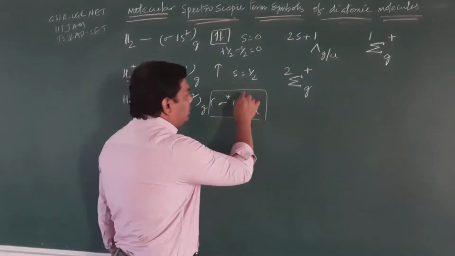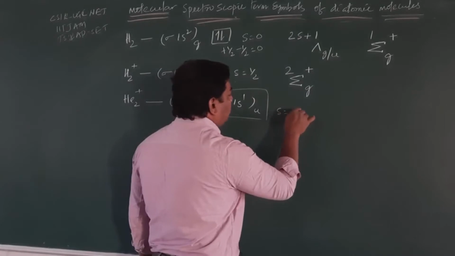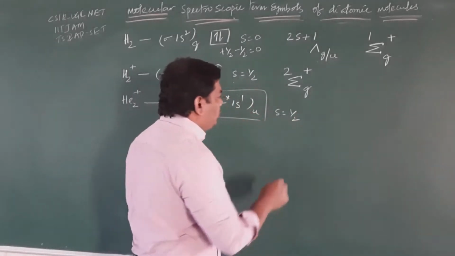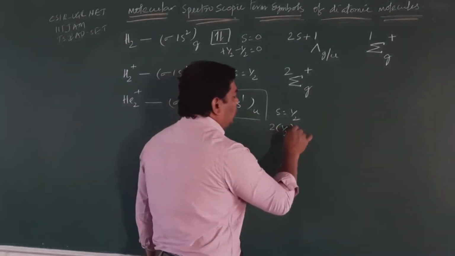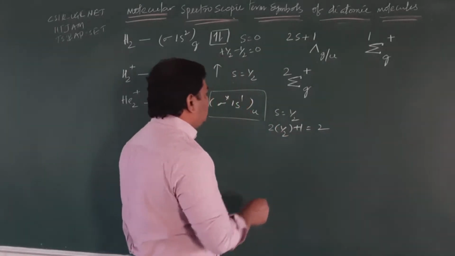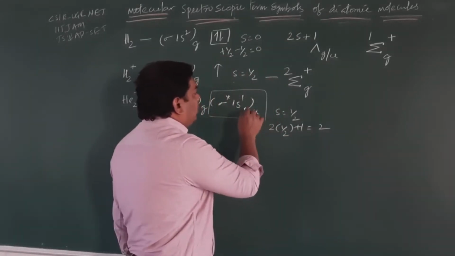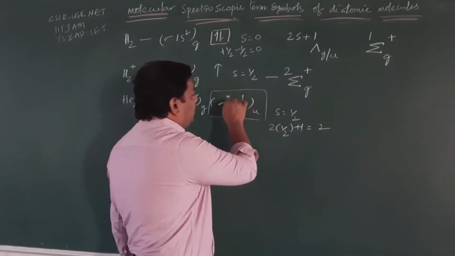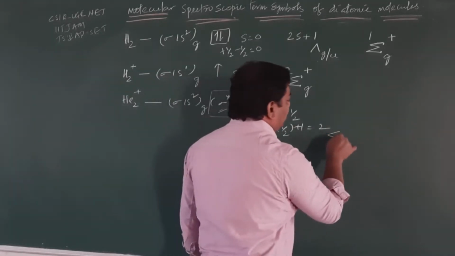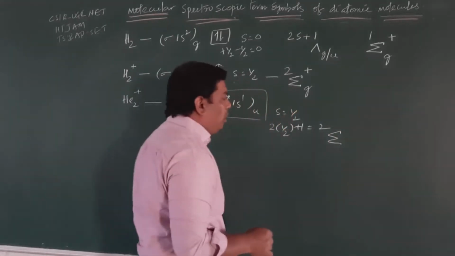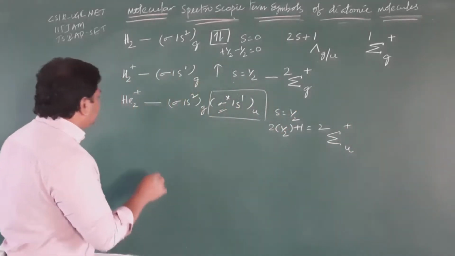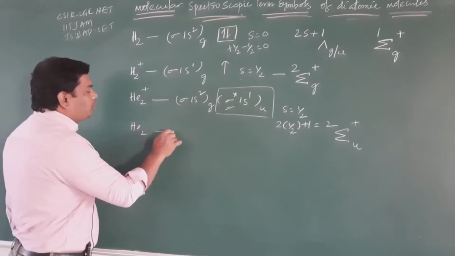Okay. So what is the electronic configuration? We have only 1 electron. So therefore what is S value? Half. So therefore spin multiplicity is 2 into half plus 1, that is equal to 2. So the spin multiplicity is 2, student. Clear? Right. So the electron is present in sigma star, so the electron is present in sigma level only. So therefore the term symbol becomes 2 sigma, and here it is ungerade, then write plus.